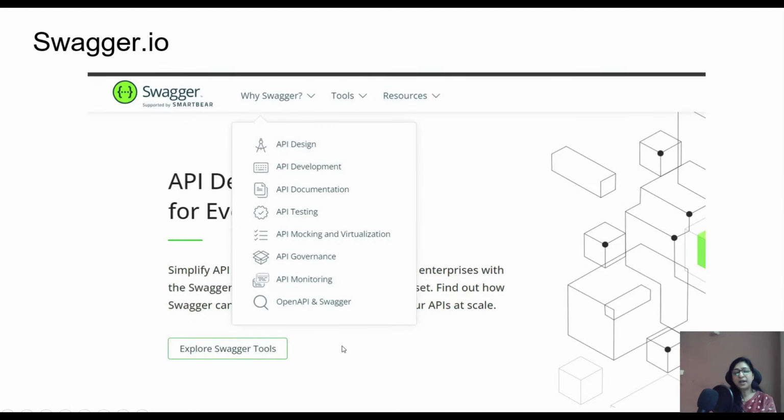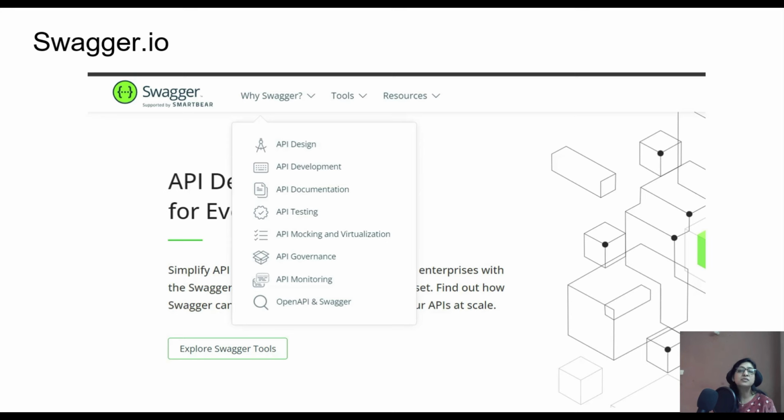Once that Swagger is generated, either you call it through your Eclipse IDE or any other IDE that you might be using as a developer, or you can also implement it if you are aware of swagger.io. If you're not aware of swagger.io, I would recommend that you can go ahead and write code and do it through the ways that you know. If you still want to know more about swagger.io, I've given the link in the description below, and you can follow and study more about it. I would also create more videos on Swagger in the next series to come so that you know how to use it and how to implement.